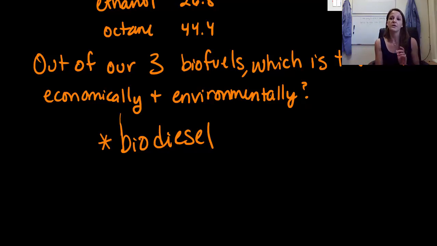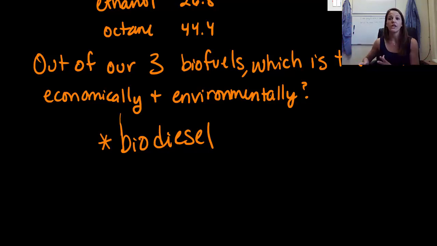All right, so the last thing I want to do in this video is just try to nail down one very, very important topic. So essentially what we need to consider is when crops die, just out in the environment, they release carbon dioxide into the atmosphere. Now, when we take a crop that is in theory alive and we burn it, we are releasing the exact same amount of carbon dioxide as one would if that plant died naturally on its own. So just by burning these biofuels, we are not, in theory, releasing any more carbon dioxide into the atmosphere.